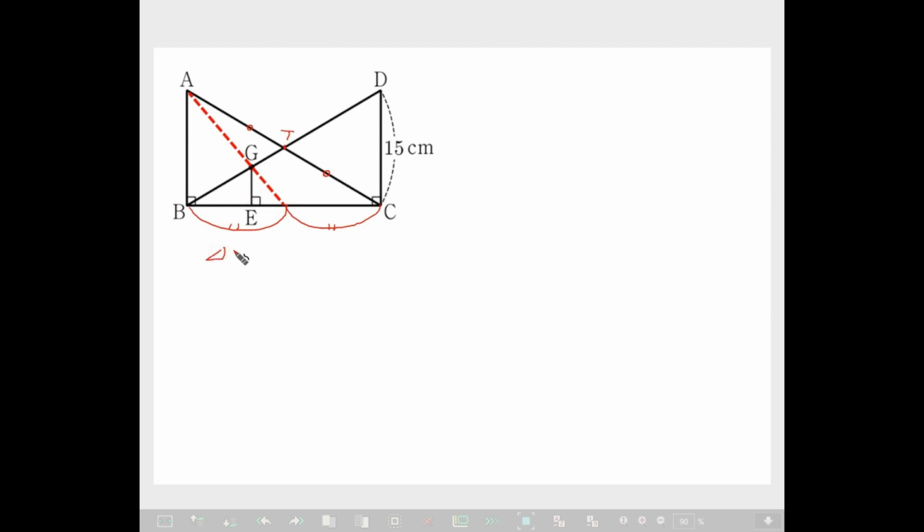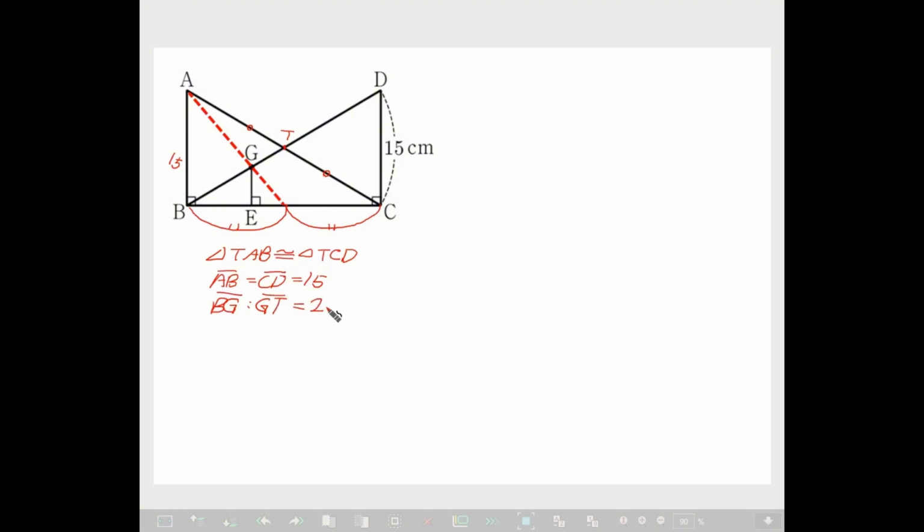and triangle TAB is congruent to triangle TCD. This means AB equals CD, which is 15. And BG to GT, BG to GT